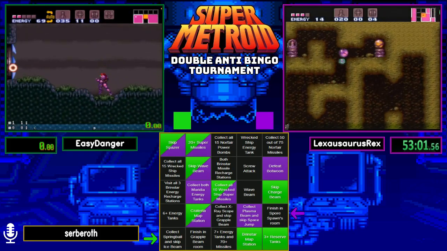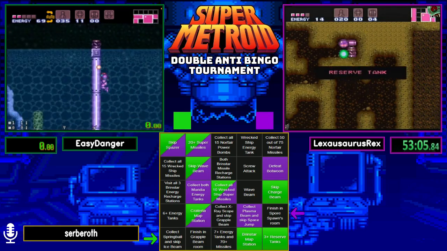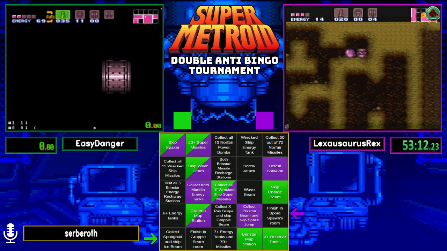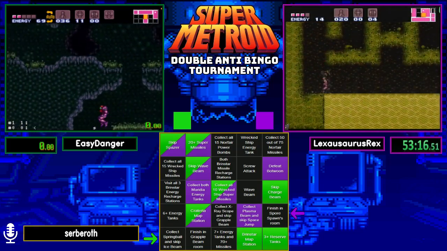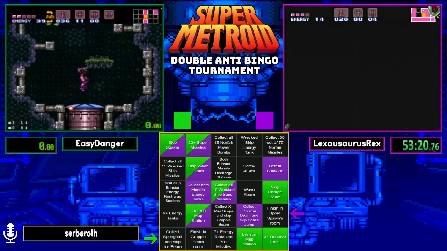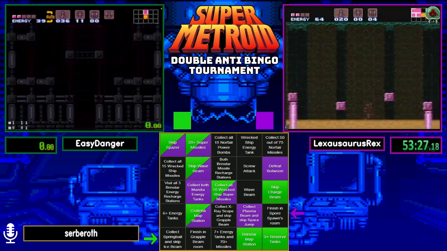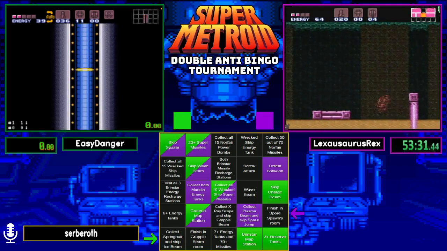Yeah, that is non-trivial. Nice job, Lexa, getting it on the first try. Whoa! And there's the reserve tank. Meridia Reserve for Lexa, giving them 3+ energy or reserve tanks. So that actually does give Lexa the TL BR. So now it is finishing row 4 for Lexa,